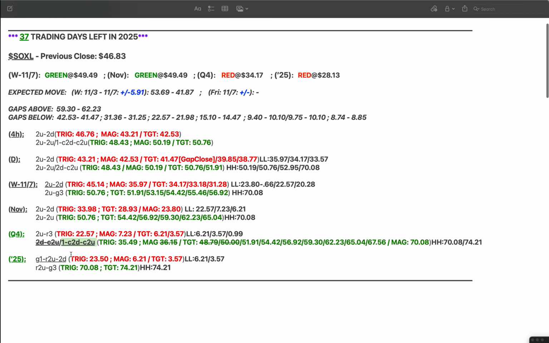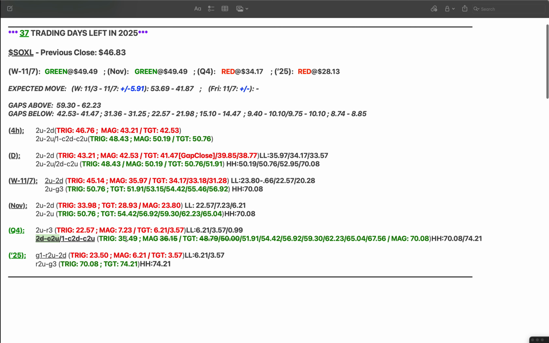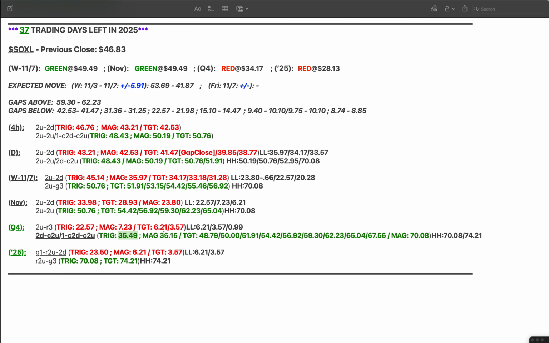From the quarter perspective, again, we fulfilled this 2 down combo 2 up reversal when we went above 35.49. Didn't have to go too far to reach magnitude at 36.15, and that 36.15 then triggered the 1 combo 2 down, combo 2 up. Right, we've already reached a couple of these targets on the way up to the magnitude of 70.08, but because that's such a big move, we've got to have these intermediate targets, and I went ahead and added a couple more at the beginning of this week because we had reached this 50 level already. So again, looking quite bullish on the quarter perspective,